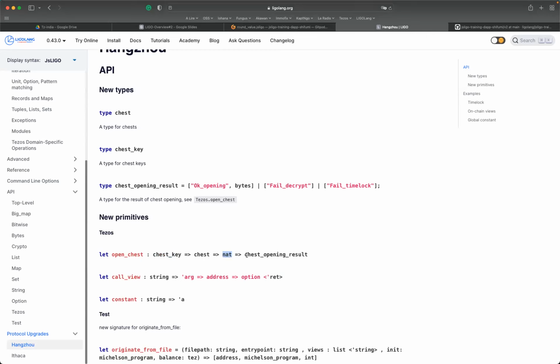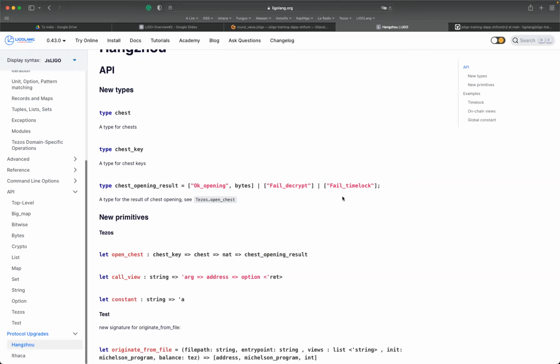And then after we have a chest opening result, which is of course a variant type. The chest opening result can be OK opening with the bytes, the information which has been chested. You can have a failure once you try to decipher on the decryption, or we have a fail with a time lock.